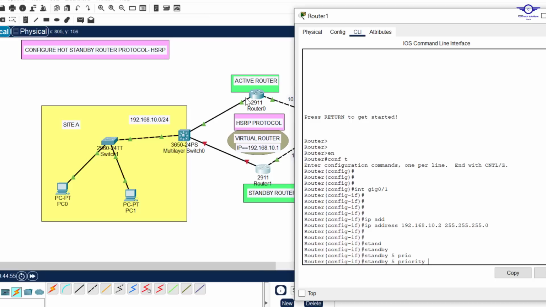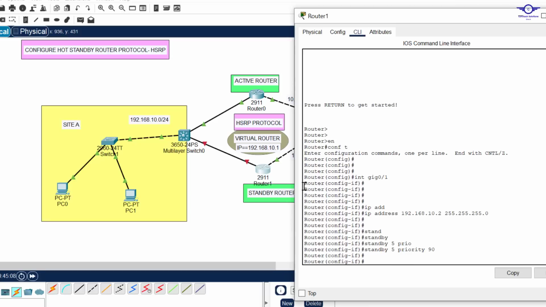Remember, the priority here was 100. So the router with the highest priority becomes the active router, the main path. So let's make this one priority of 90 so that it becomes the secondary path, and you just hit enter. Then the last step is to specify the virtual router. I just say standby